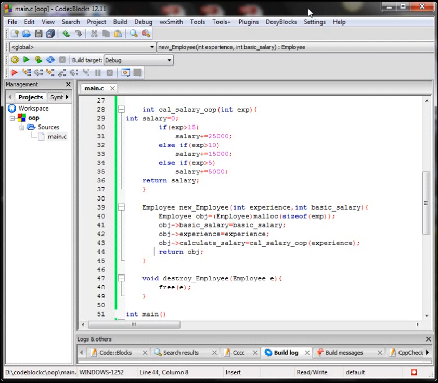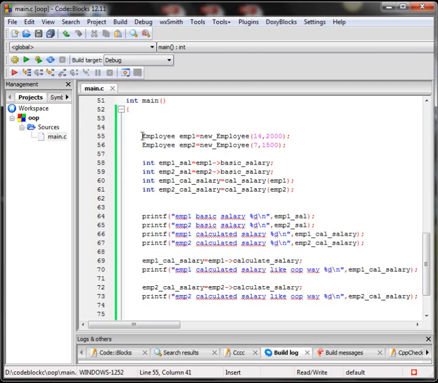Okay, and finally it returns the obj. Since we don't have a garbage collector in C, we have to manually clear the allocated memory. So I have defined a destroyEmployee function to clear the allocated memory. Okay,